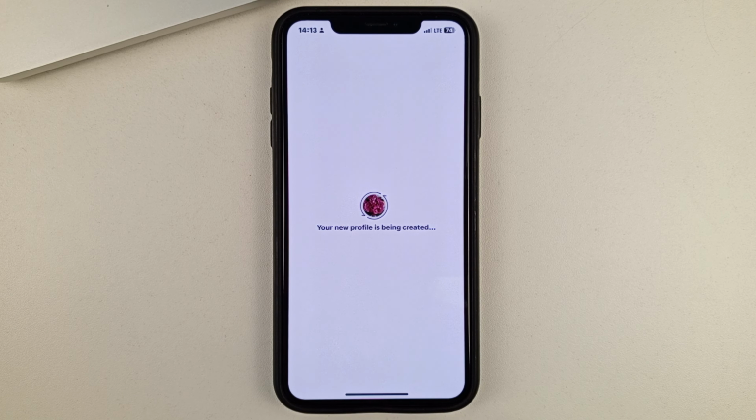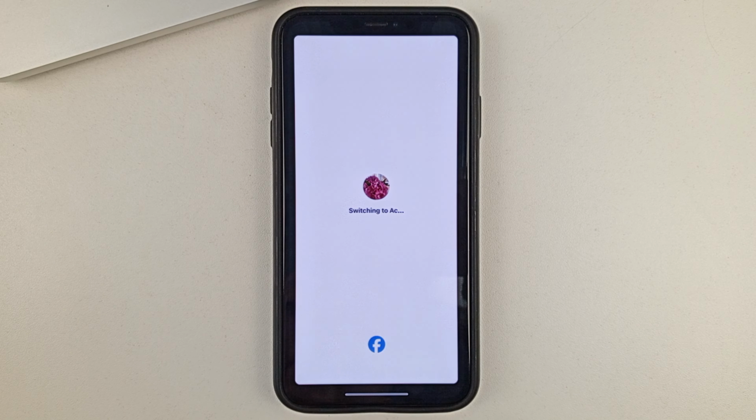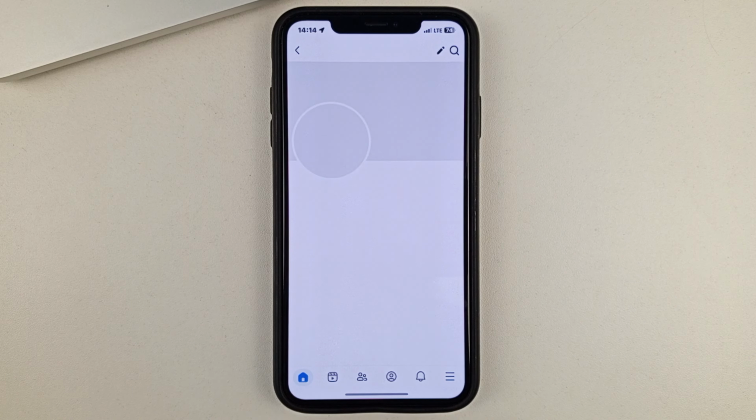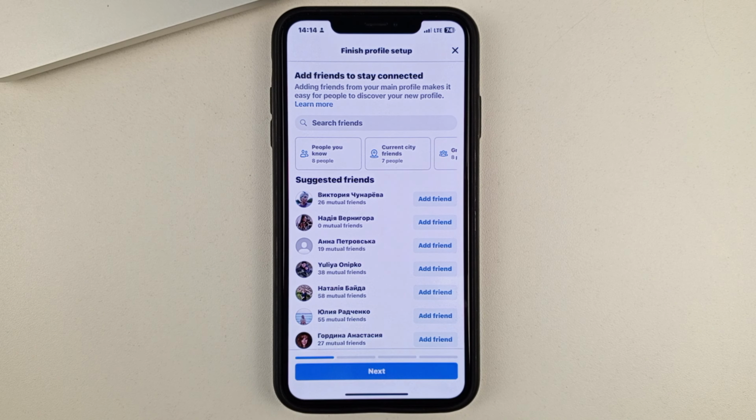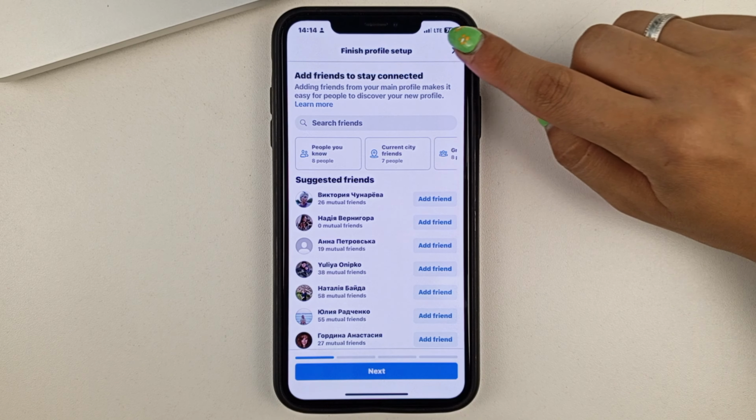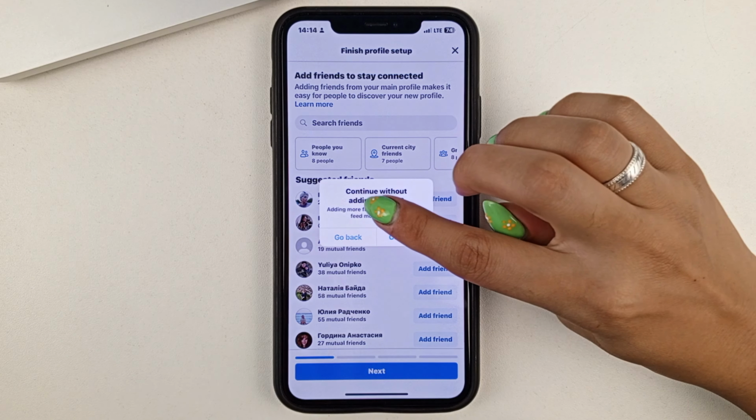As you can see, it says that our profile is being created. It doesn't take much time. Friends, you don't have to worry. As you can see, quite quickly the Facebook profile has been created. Next, you will be prompted with some steps, like add friends, and some further steps. But if you need to, then by all means, do it. Now I'm going to close this option for now.